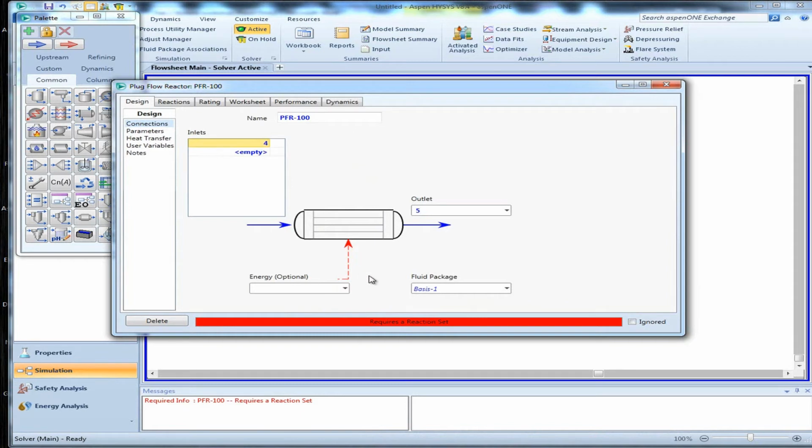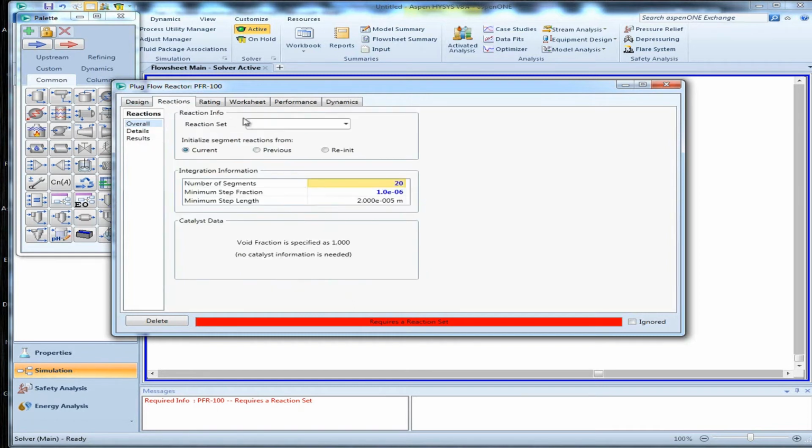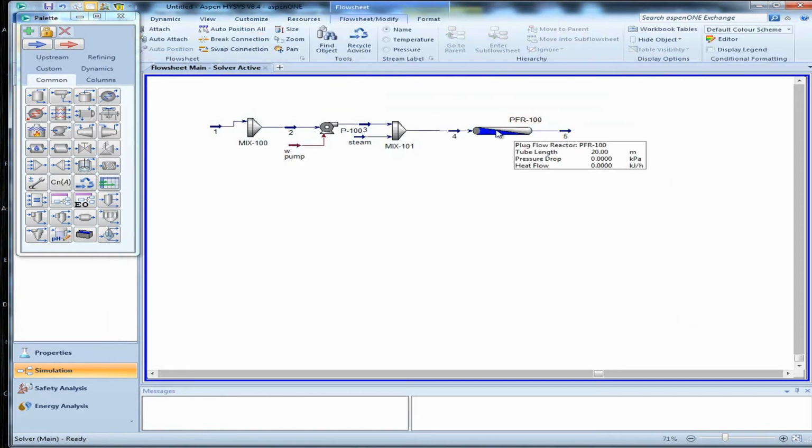We prefer to use this because the reaction is endothermic. So we will use the heat generated by the reaction, so we don't need to add any energy or remove it. And the reaction we are using is set number 1, and what I mean is 3 reactions together in this set. Now when we put that in,